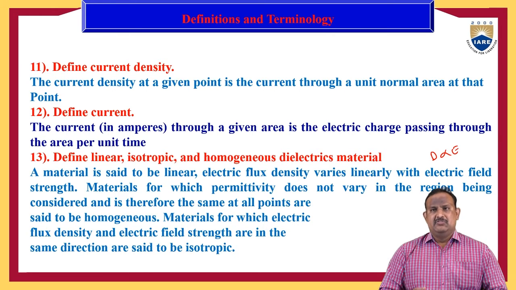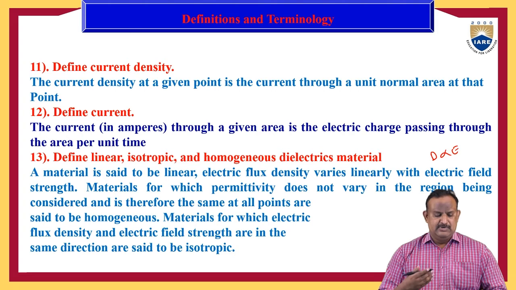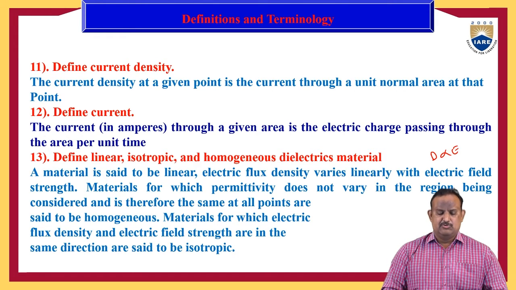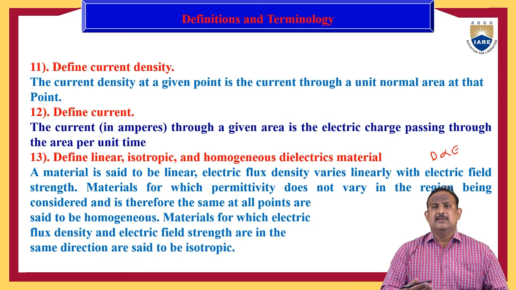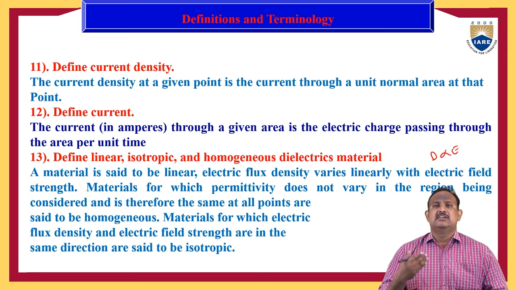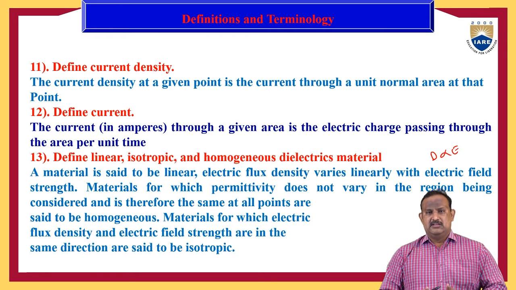Materials for which the permittivity does not vary in the region being considered, and is therefore the same at all the points, are said to be homogeneous. So if epsilon is constant throughout the medium, throughout the area, then we can say that the medium is a